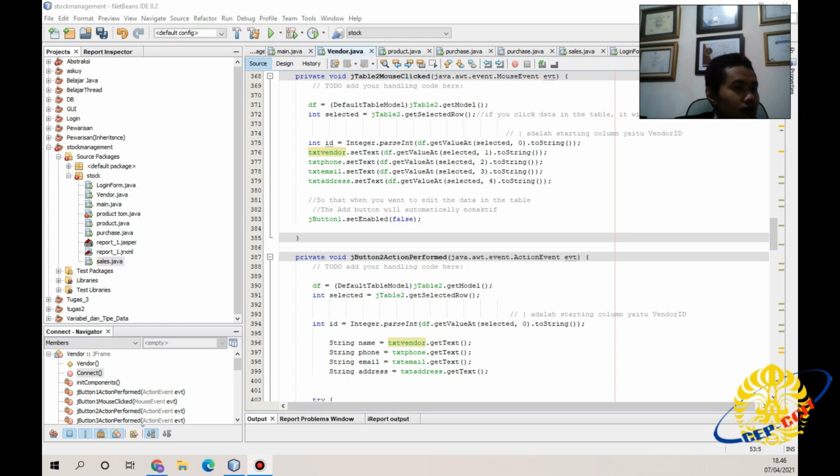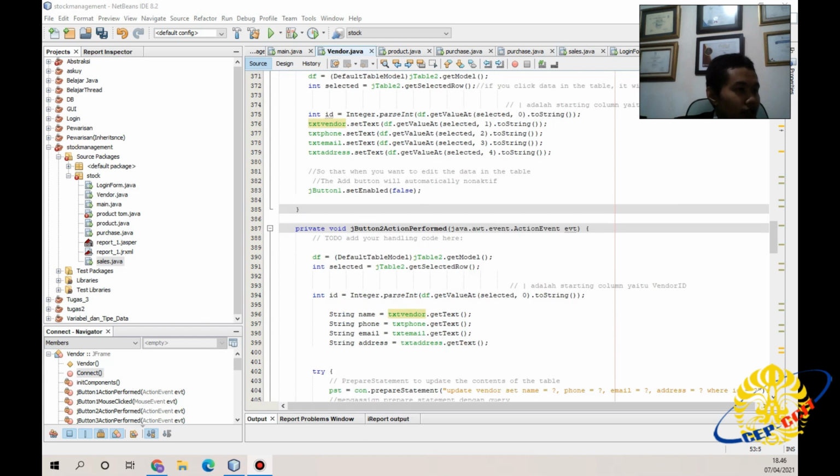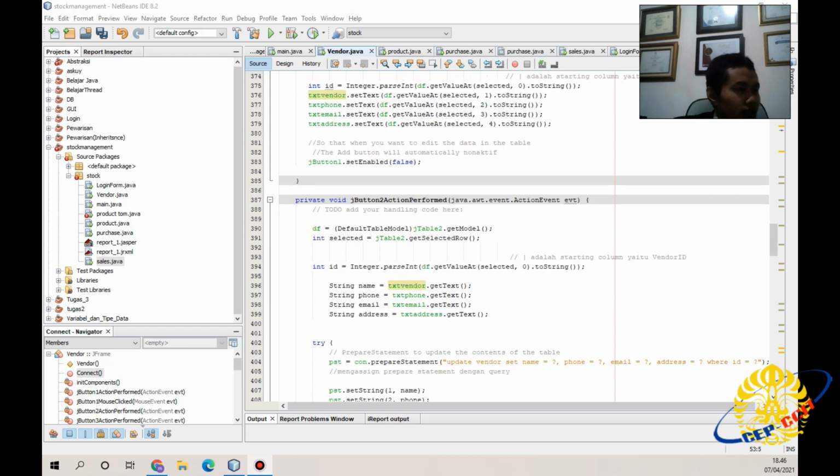Zero is the starting column, vendor ID. txtVendor.setText, txtPhone.setText, txtEmail.setText, and txtAddress.setText. jButton1 setEnabled false, so that when you want to edit the data in the table, the add button will automatically become inactive.